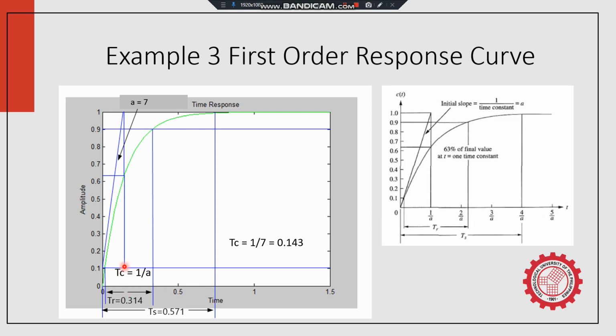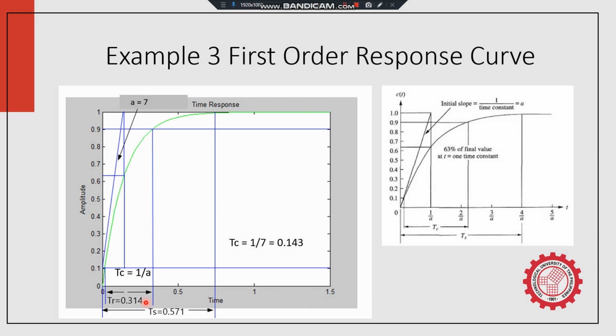And that is at about 0.63 of the final value. And for our rise time, ito, nag-touch yung ating curve at 0.1, and then nag-touch din siya at this point at 0.9. So that length of time is